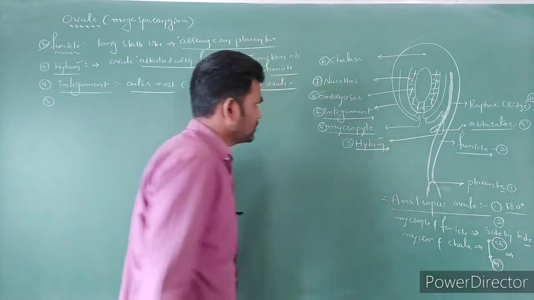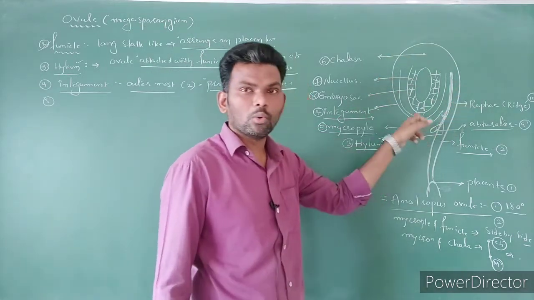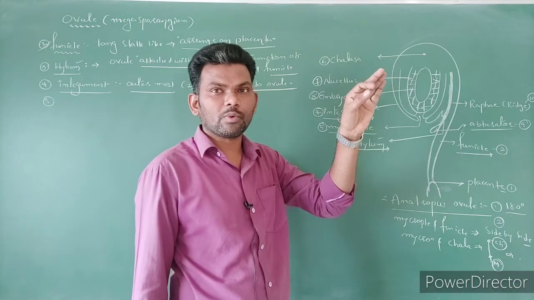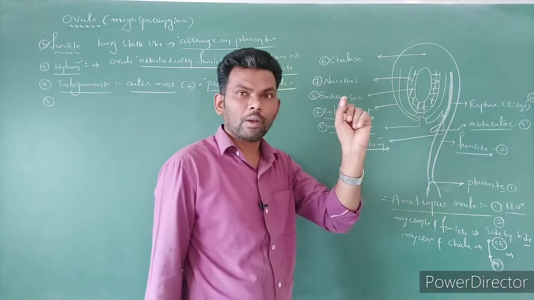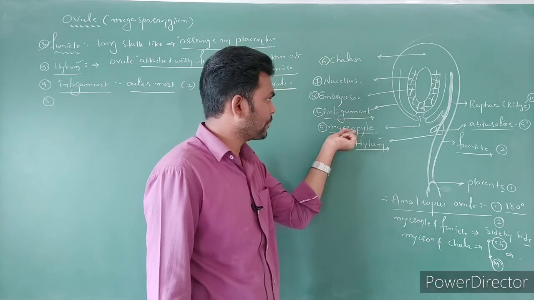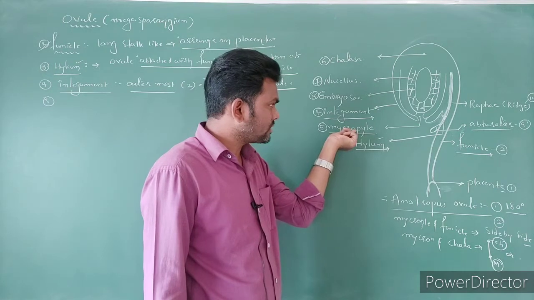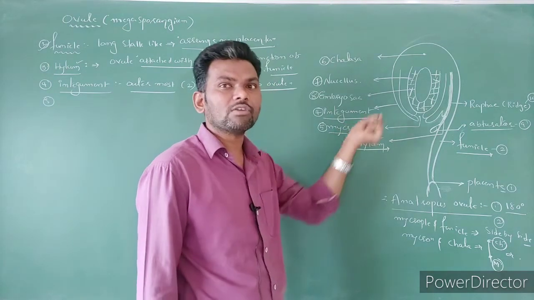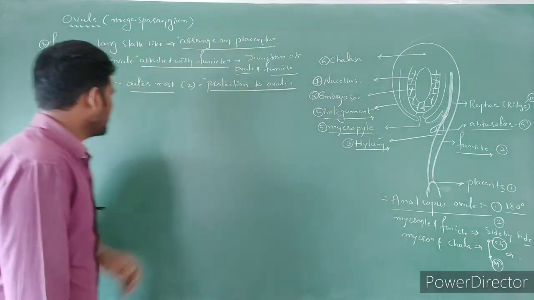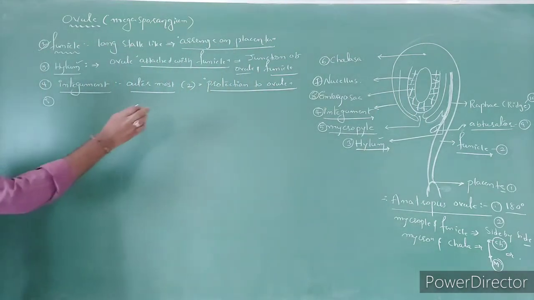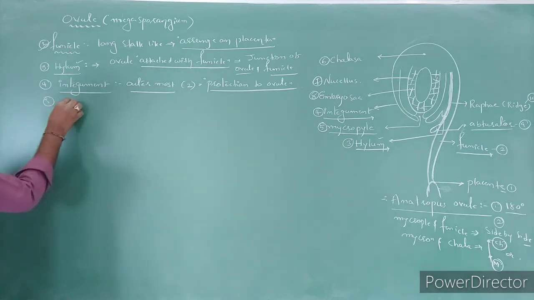The fifth part is the micropyle region. If you notice here, the integuments are going to cover the entire ovule except one small portion. That small portion becomes one small pore, which is called what? The micropyle region, right? This micropyle region is useful for the entry of the pollen tube into the embryo sac, right?